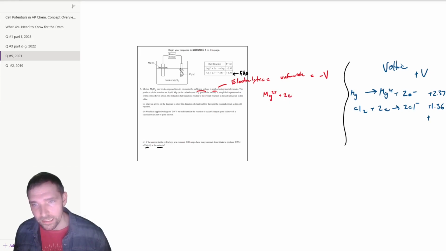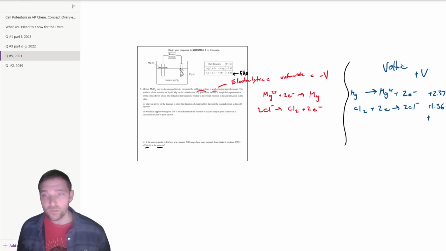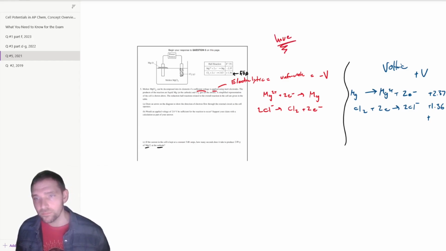It looks like it's taking in 2 electrons, and the chlorine is actually the thing that's getting flipped here. So we've got the chlorine minus 2 minus, and that is going to then Cl2 plus the 2 electrons. So it looks like this is really what we have in the problem. So we'll need to refer to this, but it helps me to kind of contrast that. So this would have the negative 2.37 volts